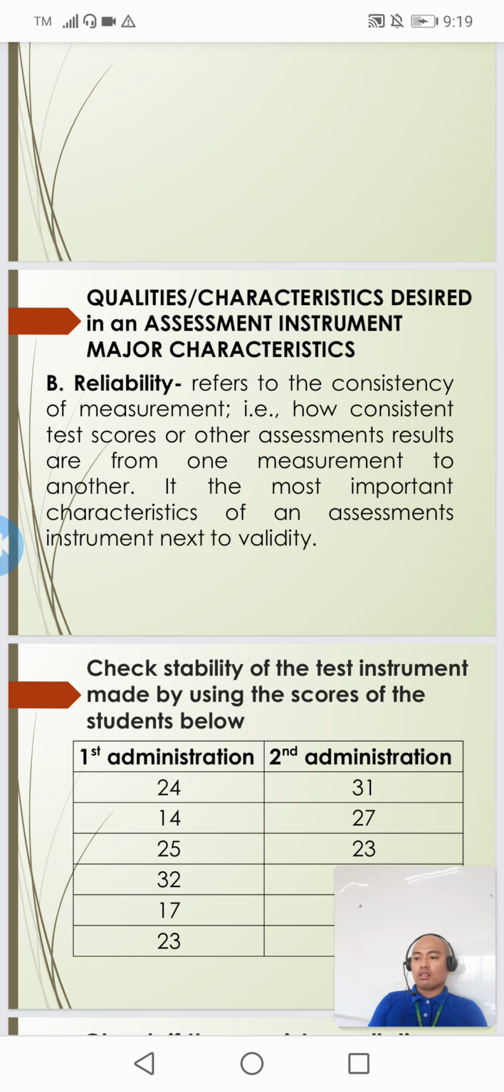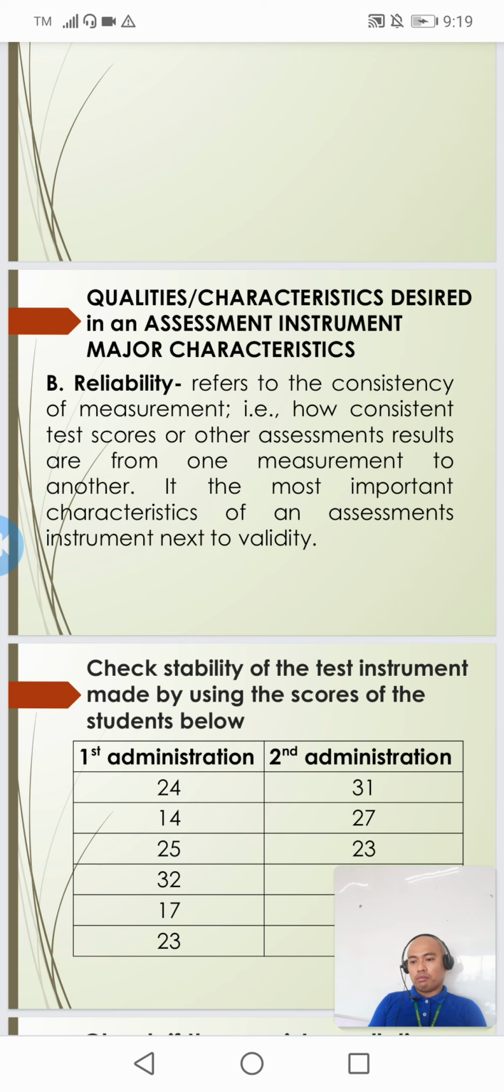On some tests, raters evaluate responses to questions and determine the score. Differences in judgment among raters are likely to produce variations in the test scores. A high inter-rater reliability coefficient indicates that the judgment process is stable and the resulting scores are reliable. So dapat magkakaroon yan ng agreement on the part of the raters para magkaroon ng high reliability when it comes to